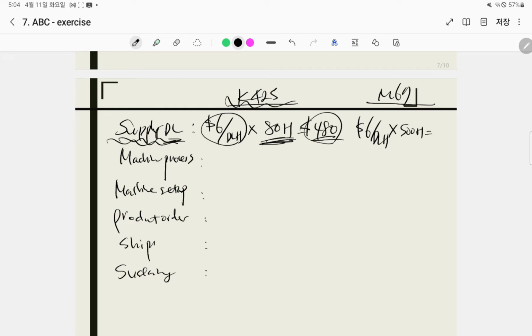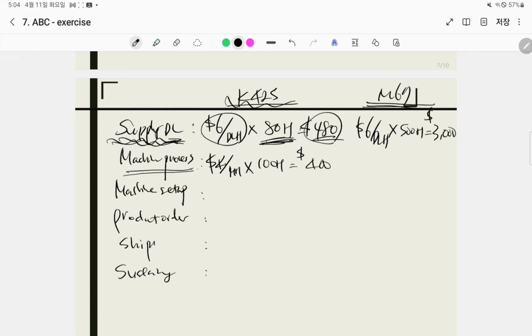500 direct labor hours. So in total, $3,000 of supporting direct labor cost consumed to produce M67. Machine processing. So the activity rate is $4 per machine hour. And how many machine hours? 100 machine hours. So $400